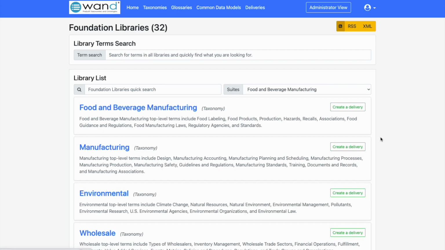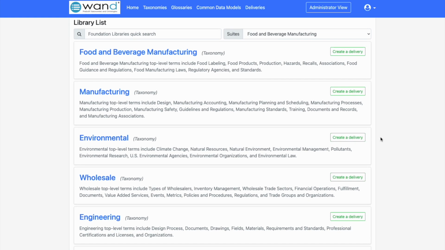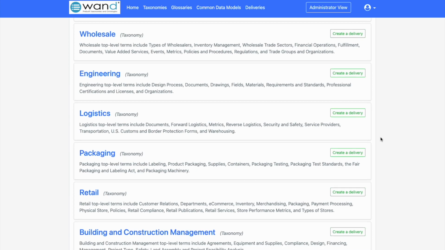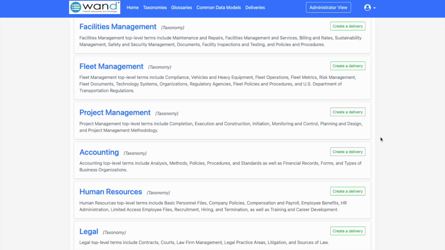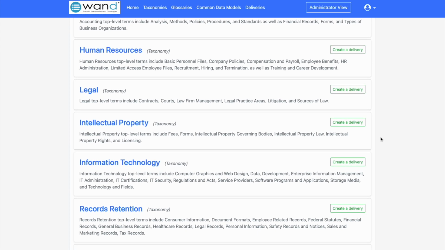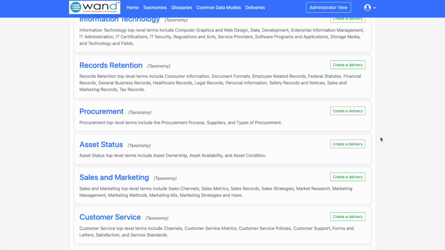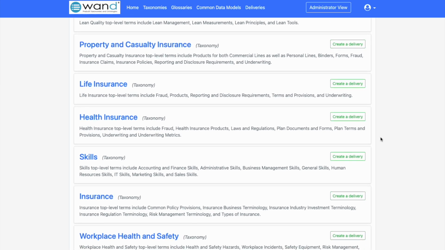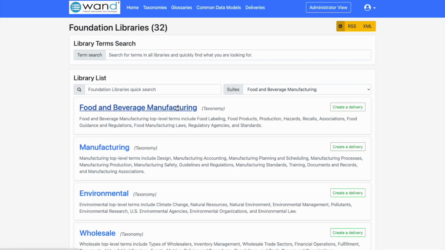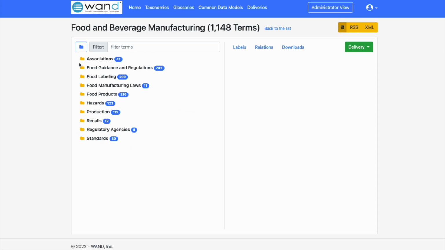These are the metadata models that will address all of the domains of knowledge within your business: food and beverage manufacturing, wholesale, packaging, management, procurement, and more. And what we can do is click into any one of these taxonomy titles and explore the various